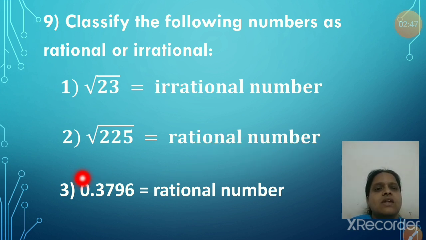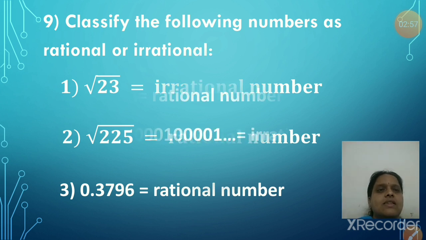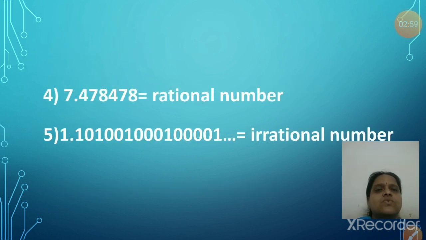The next one is 0.3796. There is no dot dot dot, that means it is a terminating number. Therefore, it is a rational number. The next one is 7.478478. Again, there is no dot dot dot, that means it is a rational number. And the next one is